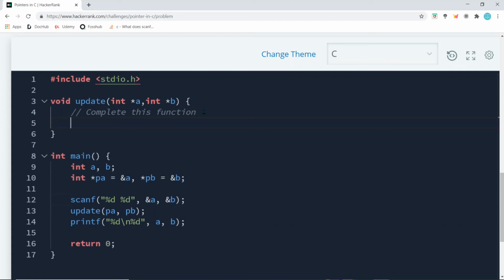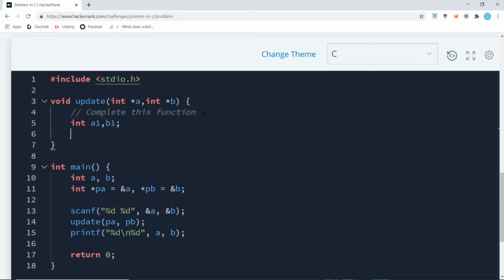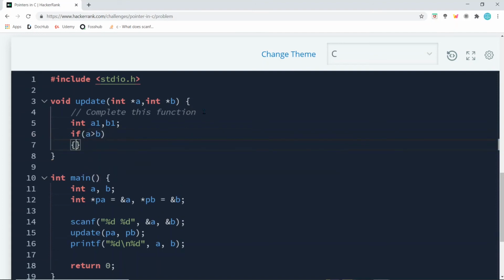So we declare two variables, a1 and then b1, right? Again, we have to take the sum and the difference of these two numbers. So first we'll compare which is larger and which is smaller. So if a is greater than b, then b1 will be the difference, b1 is equal to a minus b.